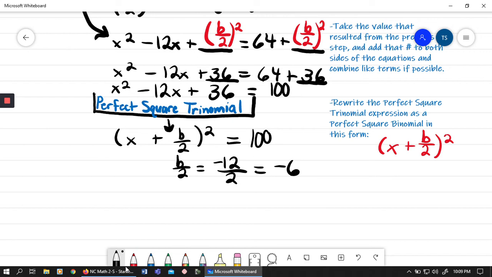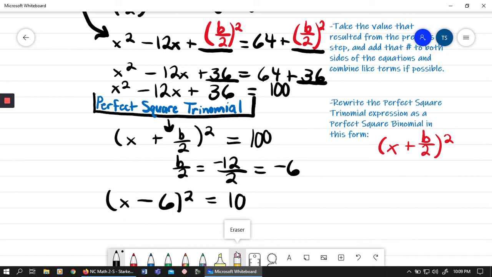So b divided by 2 is negative 6, and that's what we're going to put here in this form. Now I know this says plus that, and I'm going to erase this, but writing plus negative 6 is clearly the same thing as minus 6. So that is x minus 6 squared